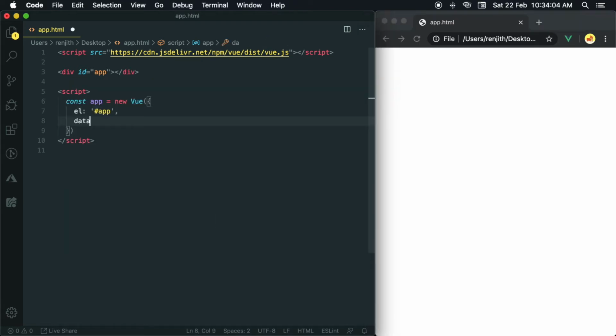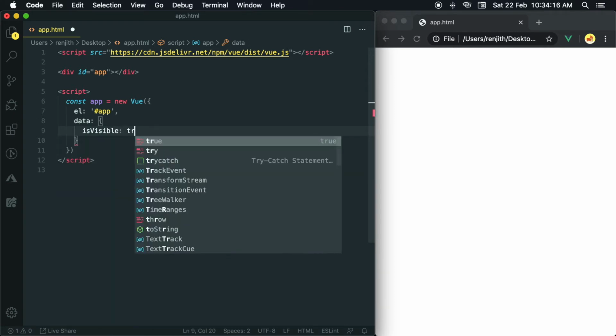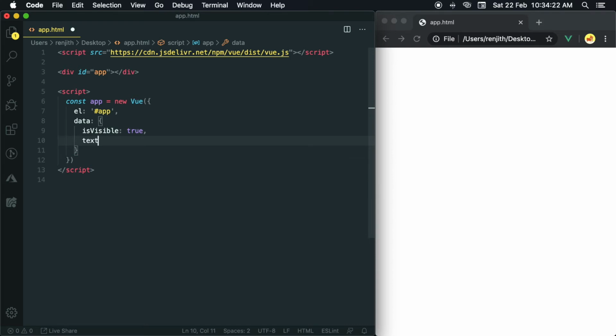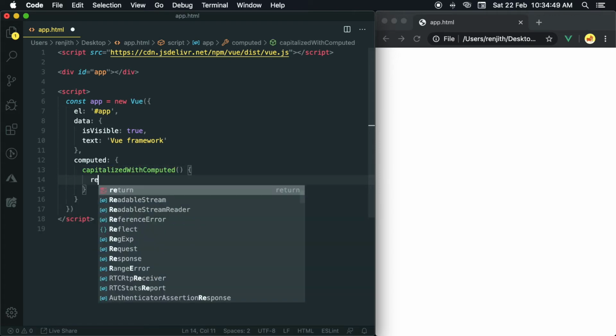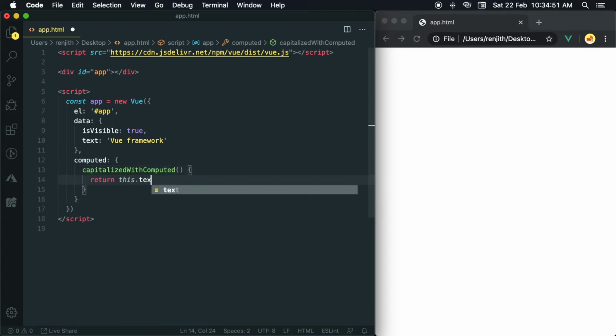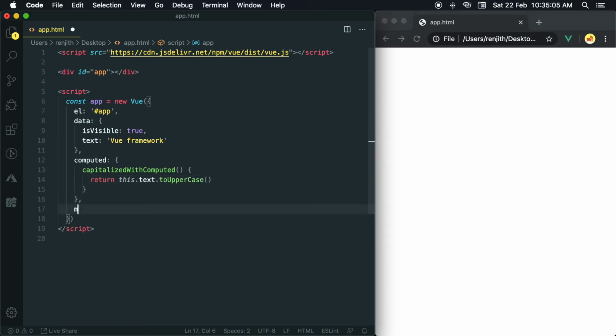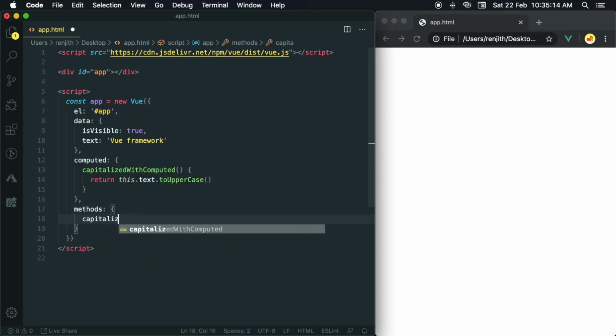Create some data called isVisible and text and set the isVisible value to true. Create a computed property called capitalized with computed and return the text by converting it into uppercase. Create a method called capitalized with methods for the same.